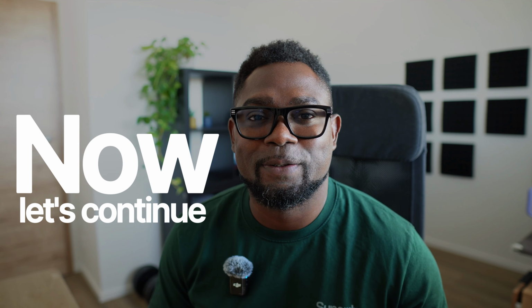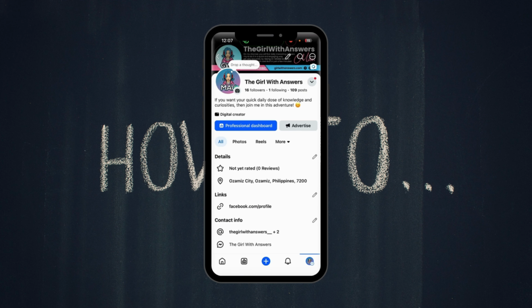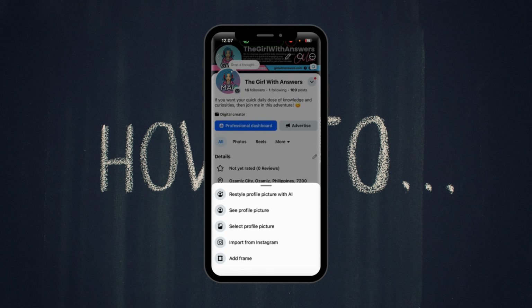Now let's continue. Your profile picture will now be updated without creating a regular post announcing the change on your newsfeed. However, keep in mind that your new profile picture can still be seen by people who visit your Facebook profile. So this doesn't completely hide the change, it simply prevents Facebook from automatically sharing it as a post in